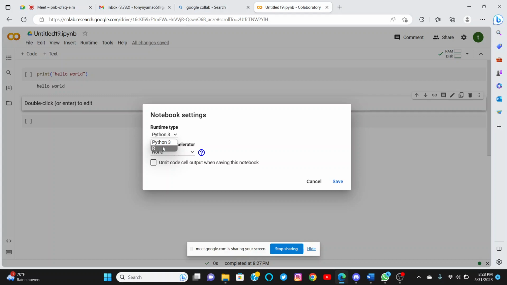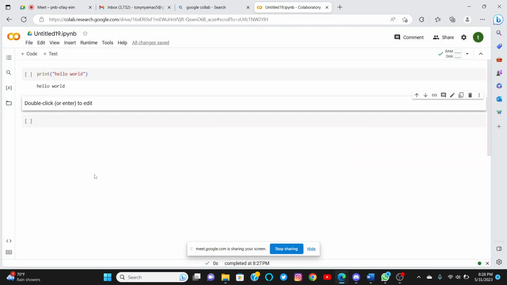So when you're trying to execute an R code, you'll have to select the R environment. The advantage of selecting the preferred environment for your runtime is that you'll find the pre-installed libraries in it. For example,